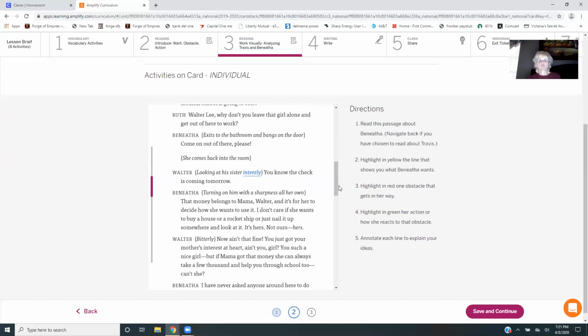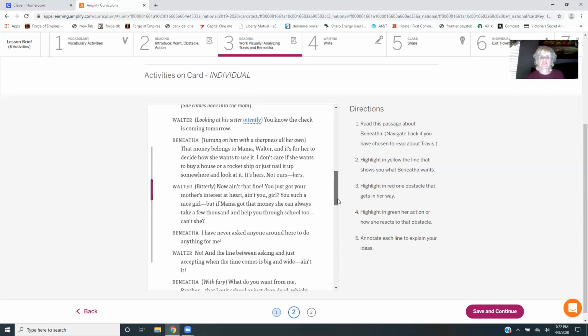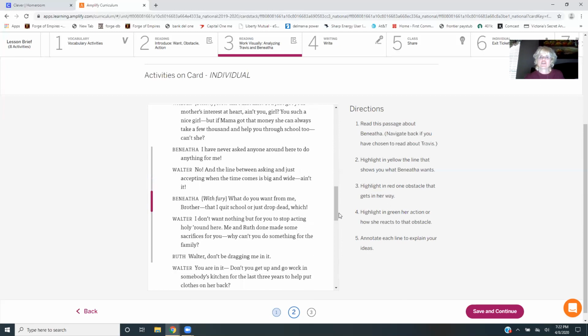She comes back into the room, Walter looking at his sister. You know the check's coming tomorrow. Benita, that money belongs to Mama, Walter, and it's for her to decide how she wants to use it. I don't care if she wants to buy a house or a rocket ship or just nail it up somewhere and look at it. It's hers, not ours, hers. Walter says bitterly, now ain't that fine? You just got,